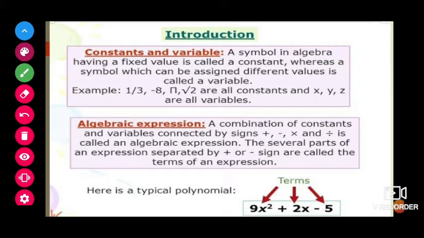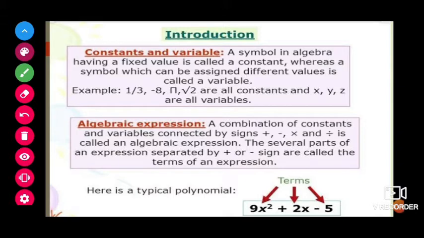under this constant. If we come to the variable, all the alphabets, based on the situation, the value of that alphabet will change. All of these come under the variable. For example, x. In one sum, when I use x, the value of x will be something. In some other sum, if I use x, the value of that x will be a different thing. Like that, the value of a variable will change based on the situation. That type of thing is called a variable. All alphabets come under variables.